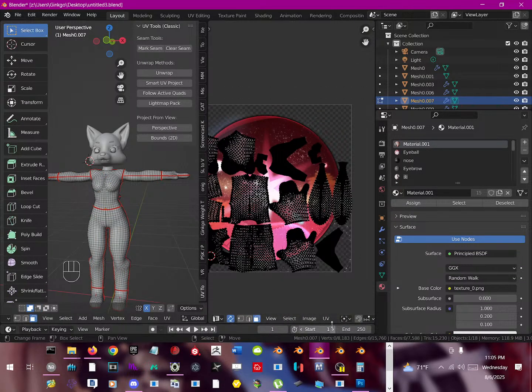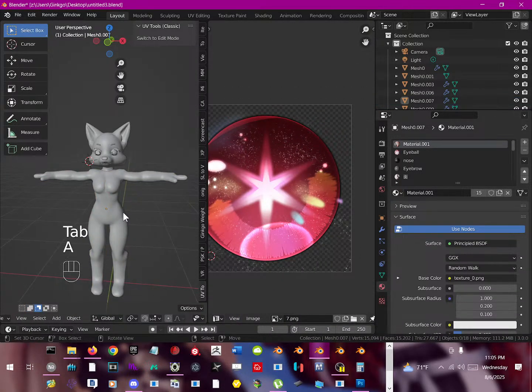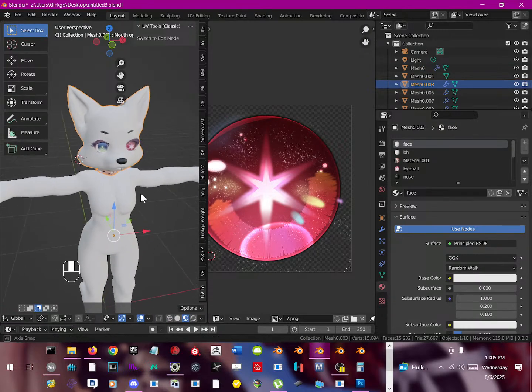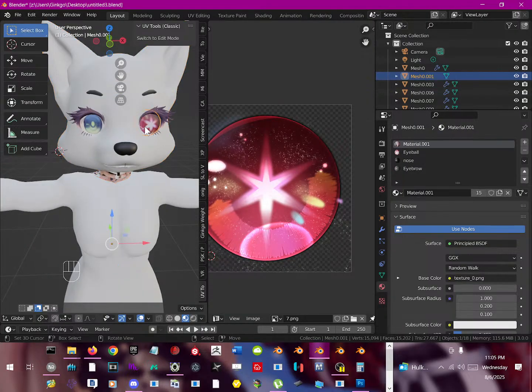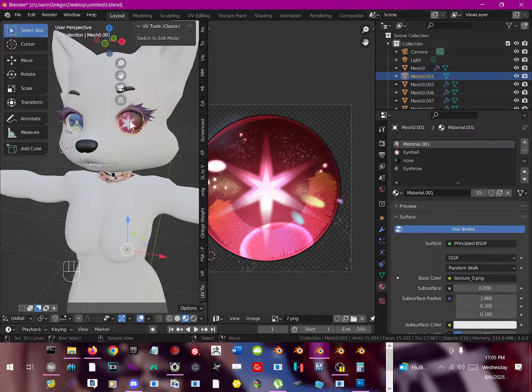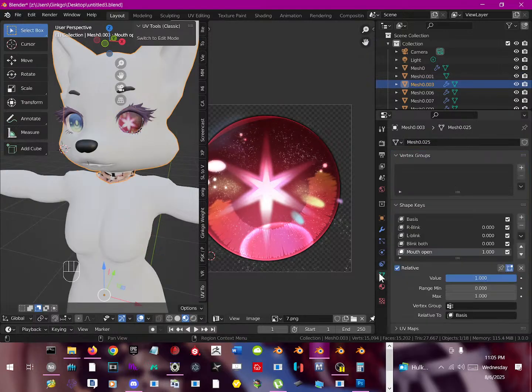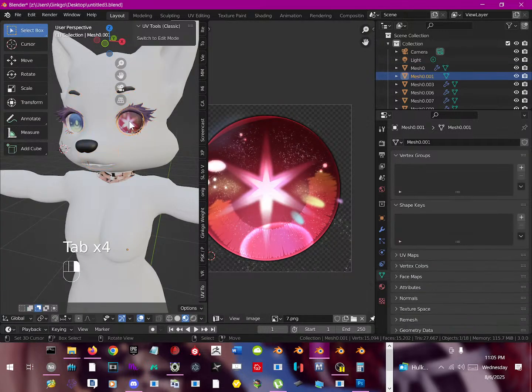Okay, so we have this now. We have the face. We have the thingies. Turn on a solid. Whoa! What happened to her eye? Oh no! What happened? Let me look at this real quick. Why in the 7 stars did that go away? Oh, that's because it's not connected to it no more. Yep,